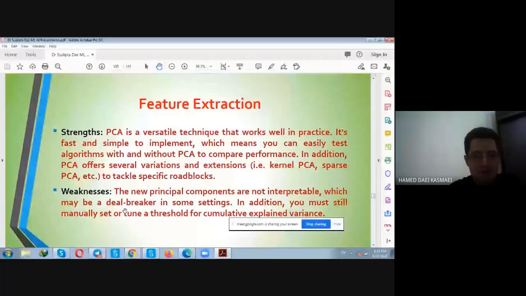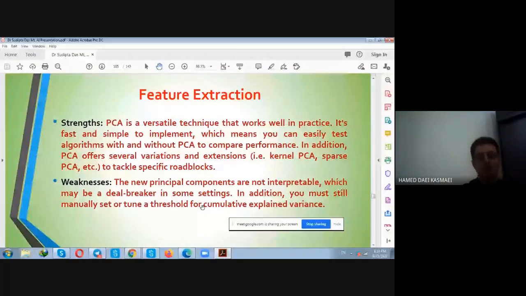In addition, you must still manually set or tune a threshold for cumulative explained variance. This is something I told you about in statistics: cumulative variance. So these are some parameters that you need to set manually, not automatically, and it shows the weakness of the method. Okay,